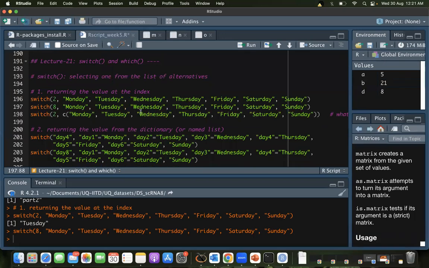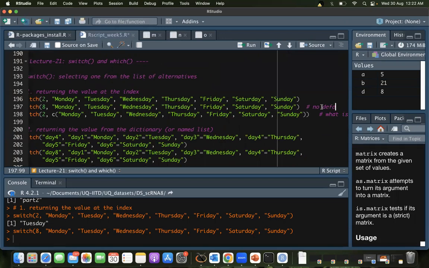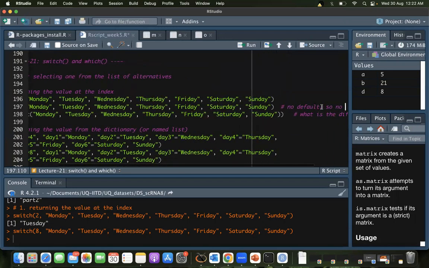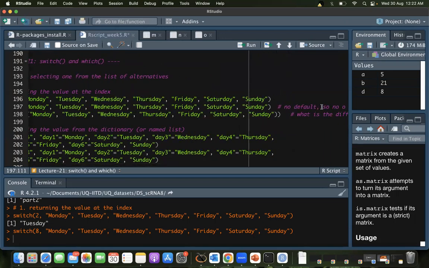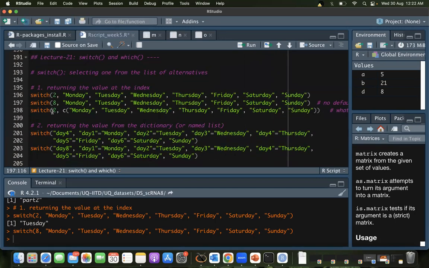The last value is the default value, but for that there's a special extra thing that needs to be done. So here you get no default, so no output.